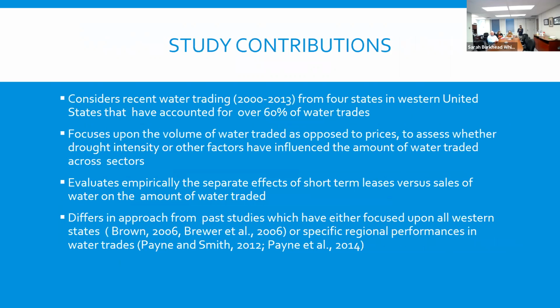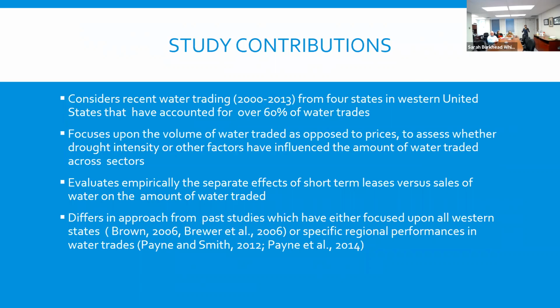So what are the different contributions of these projects that I am focusing on, which is different from previous studies? One of the things that previous studies focused too much on was price dispersion. There have been lots done on these. So I'm focusing on the volume of water being traded. This is important because volume, or the quantity of water being traded, is directly correlated with the markets.